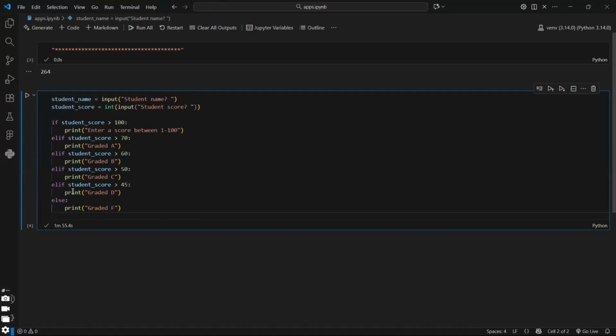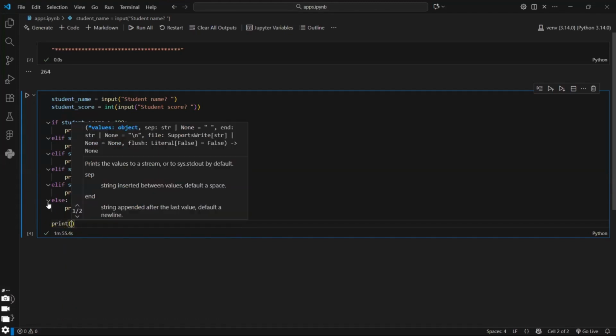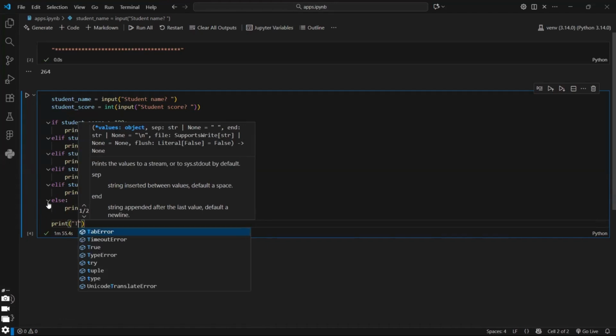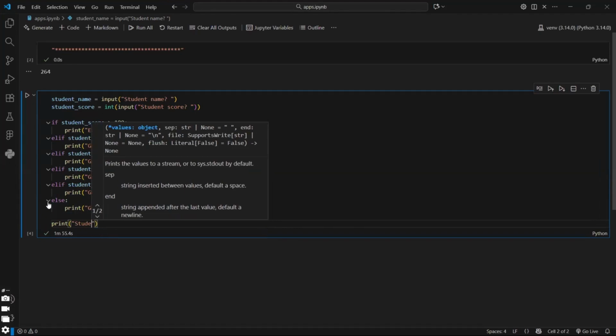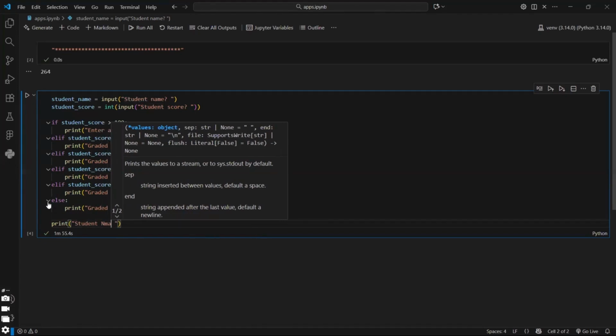When it falls there, it's now going to run the next line of code I want to run, which is print. So now we're telling it to print, let's just say student name